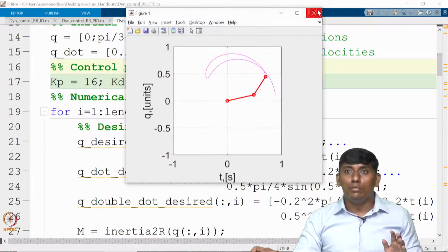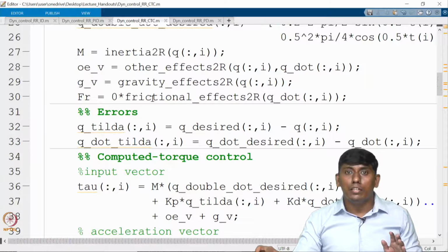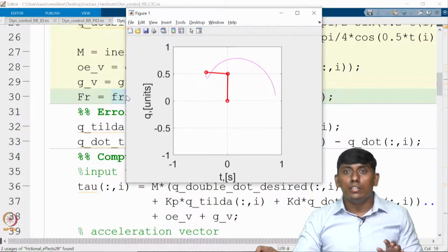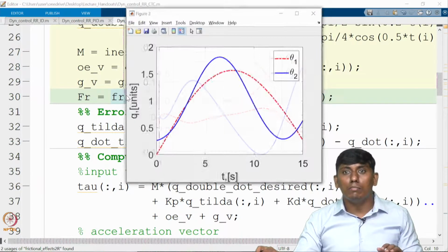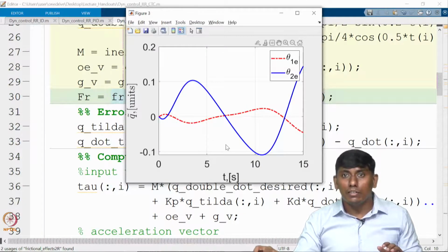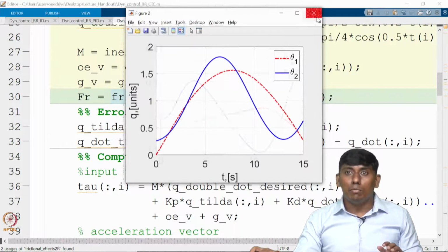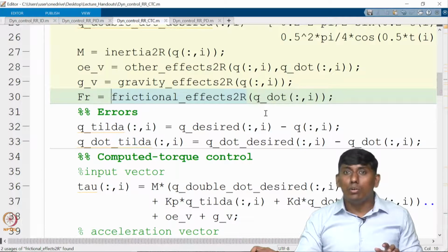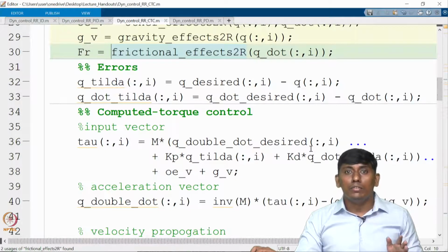So now if I introduce the friction, I hope the friction values are here. So now I introduce the viscous friction. You can see this control is still working because the friction we have not compensated. You can see it is going there, right, because that is the difficulty or constraint on the model based control. So now the model is inaccurate. Because of this inaccuracy, you can see that the frictional effect we included is not able to compensate here, right. However, if you add this here, then that will come, that is anyhow feedback linearization, right. So that is the aspect here.